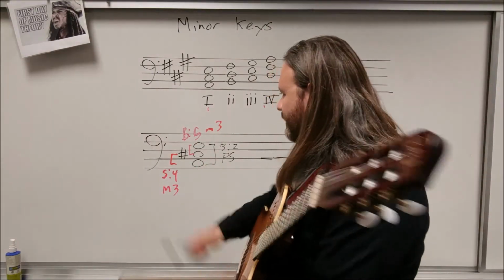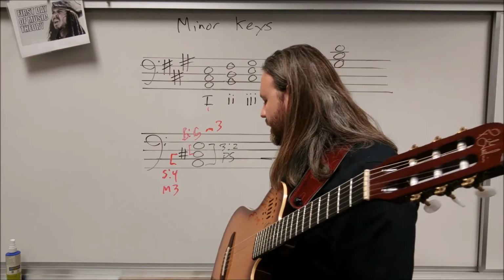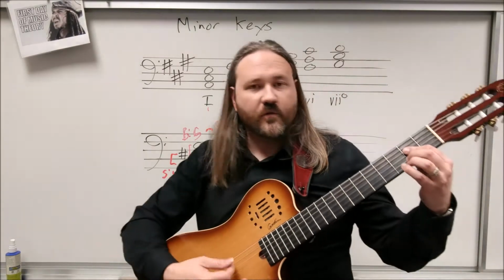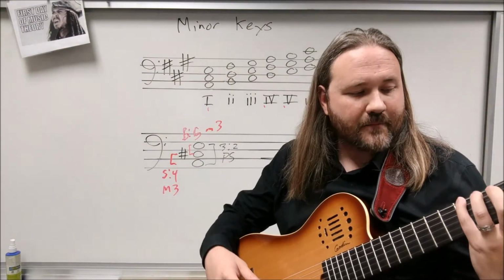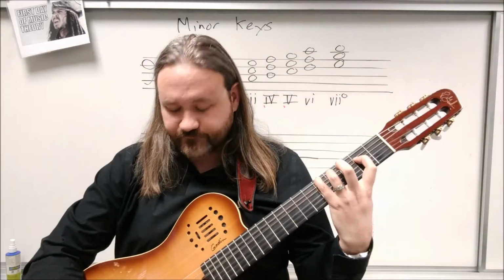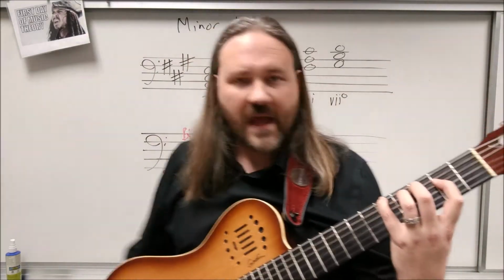And you can think of that as flatting the 3, because the C sharp ends up becoming a C natural. So if we have an A major and we turn it into an A minor, we've inverted the relationship. Let's hear it maybe in root position. There's an A major. I change the relationship so the bigger interval's on the bottom, and that